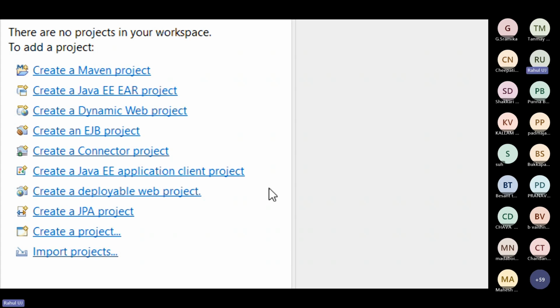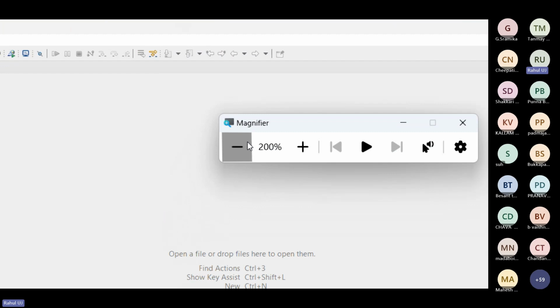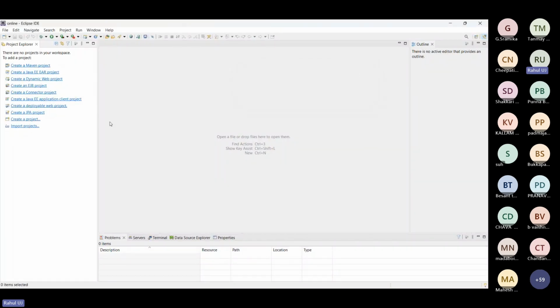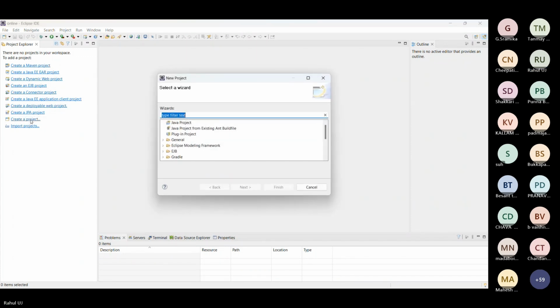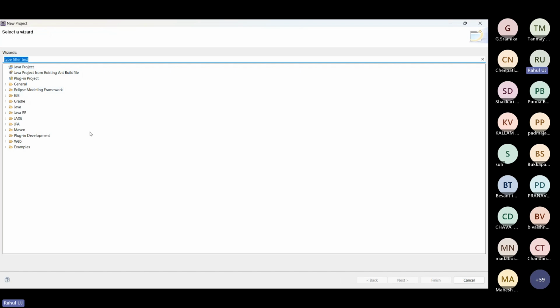Either with the first one or the second one, go with the create a project option. Whenever you click on create a project, you will get these options.